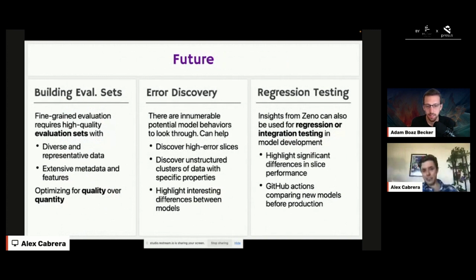One that I kind of glossed over, that's the whole point at the beginning of the talk, was actually building these evaluation sets is very hard. How do you create benchmarks? How do you effectively gather end user data that you can then do this analysis across? There's another point of error discovery. There's 1,000 different slices and ways you could slice and dice your data to find interesting patterns. That's very hard. Can we help people automatically discover these areas of data with high error, highlight interesting differences between